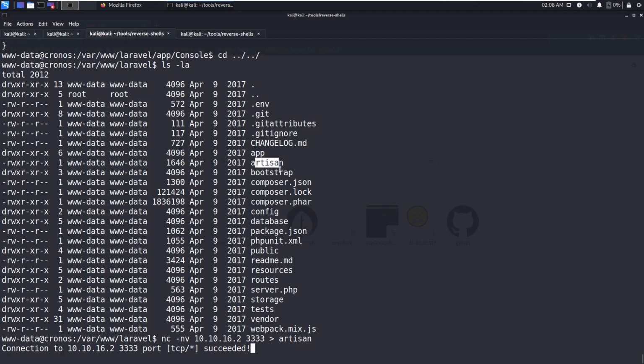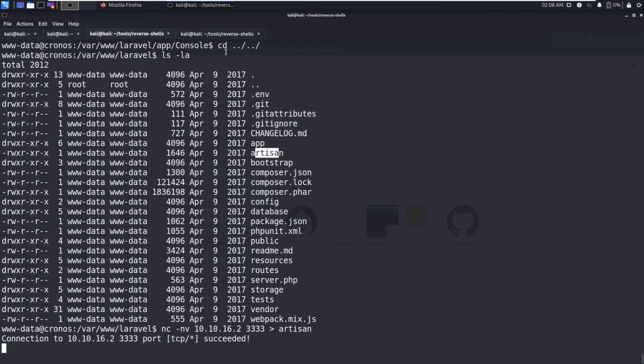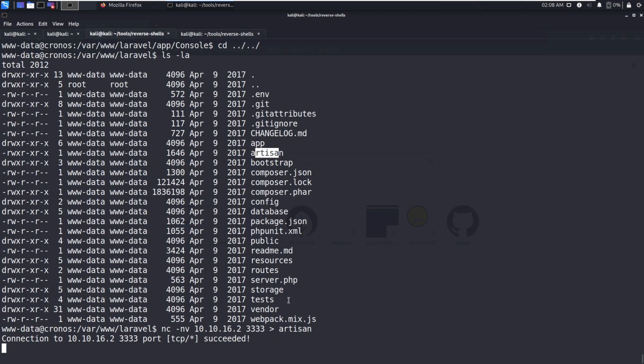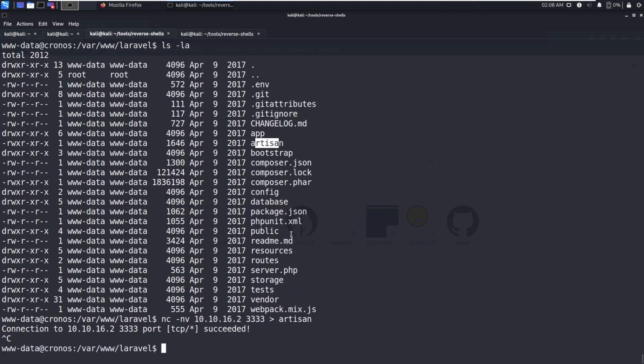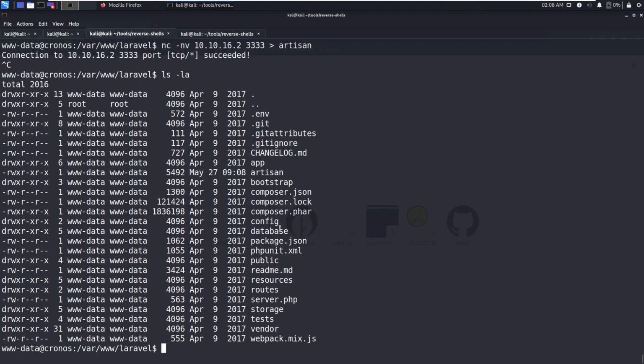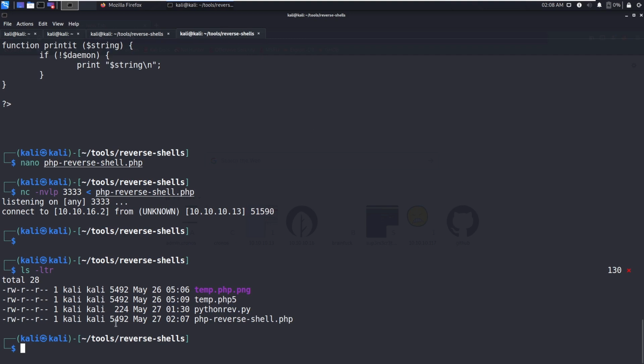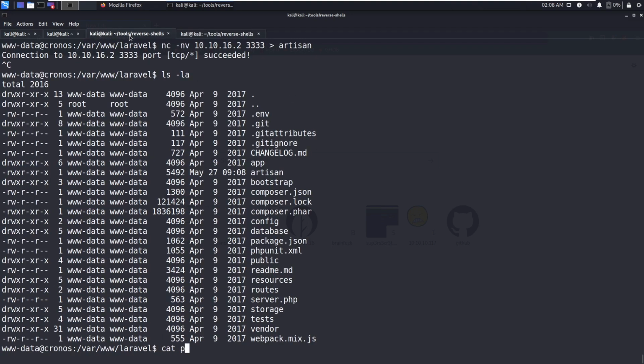So that should do it. I think by now it should complete the copy. ls -la, and ls -ltr. So cat artisan.